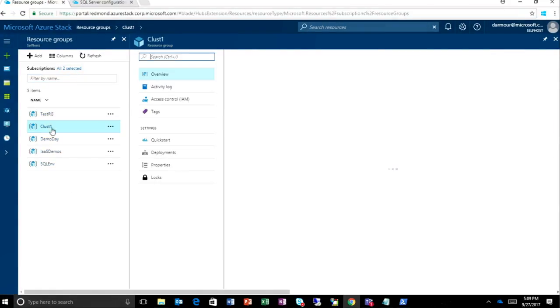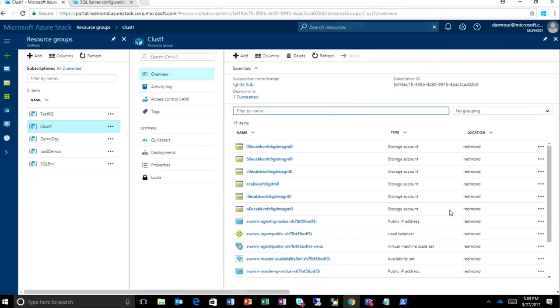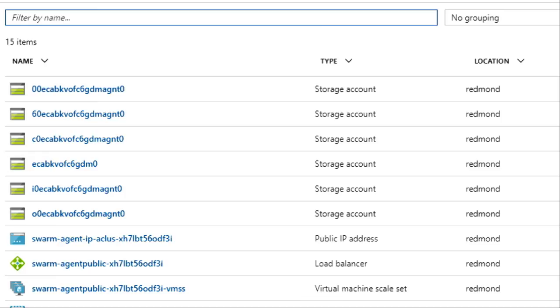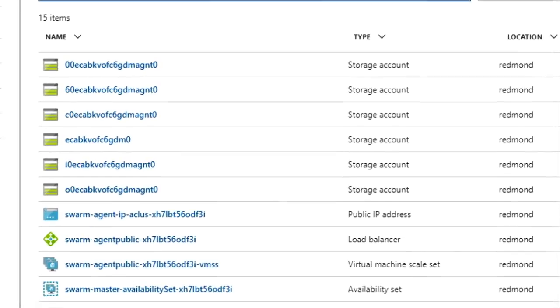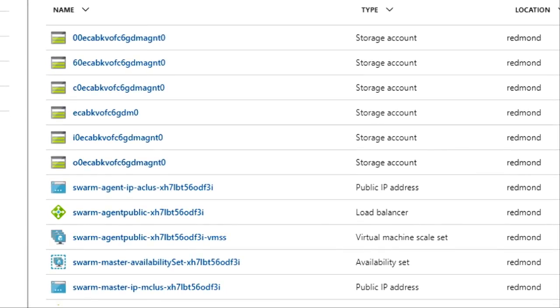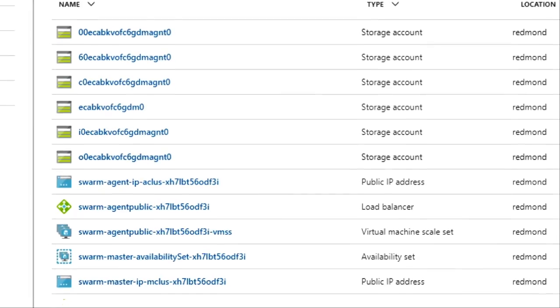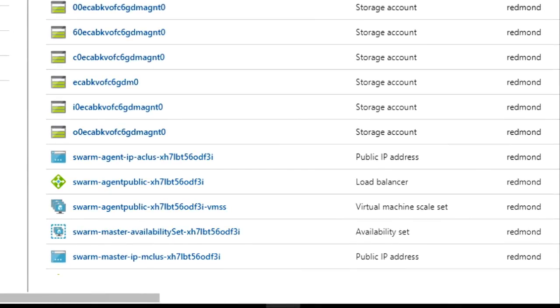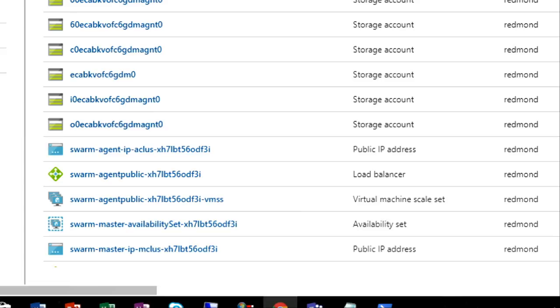Cluster 1 has the full swarm deployed. And the reason I want to show you this is because I mentioned inside of a resource group, there's so much more than a virtual machine. And I just want to highlight some of those things. We have storage accounts where the disks are kept. We have a public IP address which can be managed. We have a load balancer. I have this scale set,